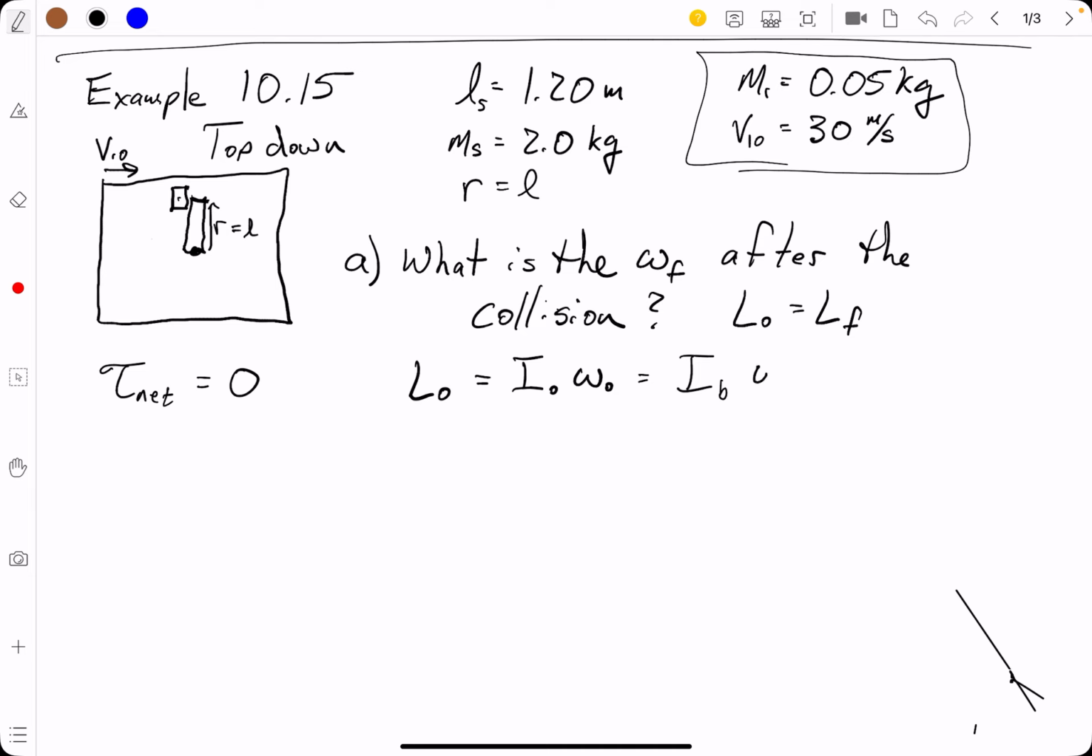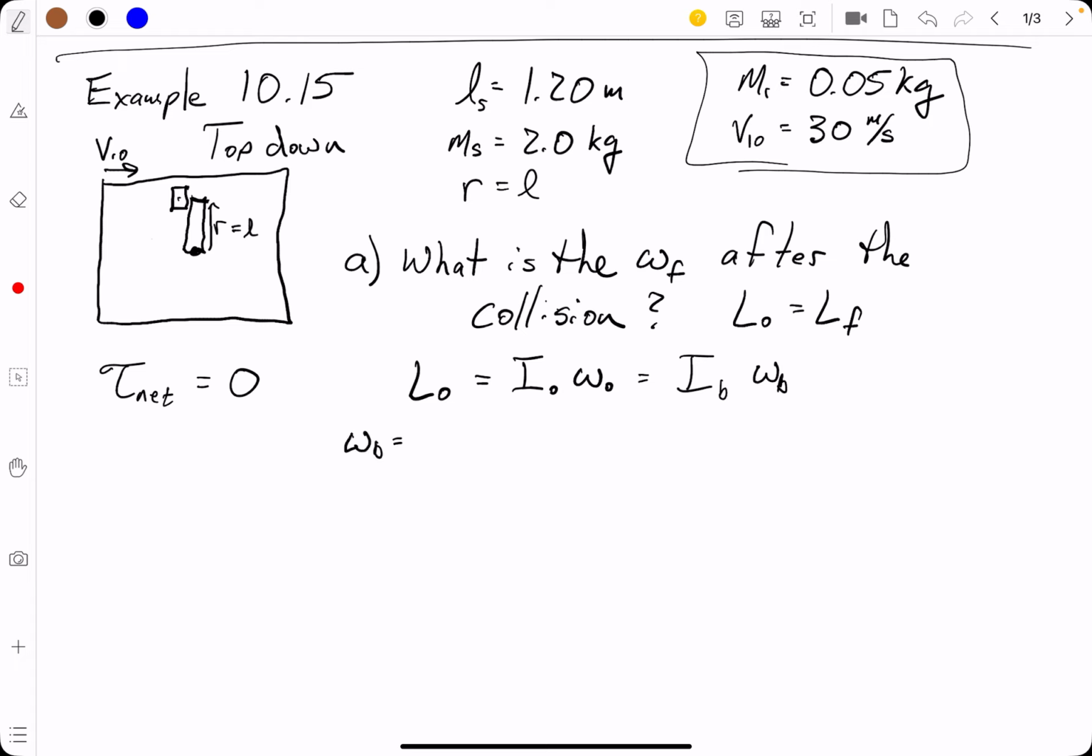And we're going to easily get our omega for the box pretty quickly. The stick is just sitting there, not part of the initial moment of inertia or angular momentum, so it's doing nothing. So what do you want to do first? Should we figure out the